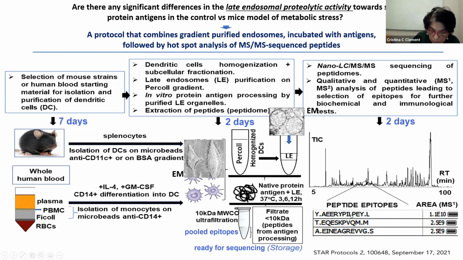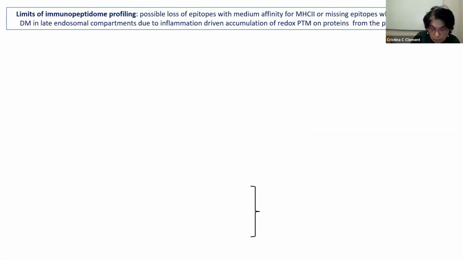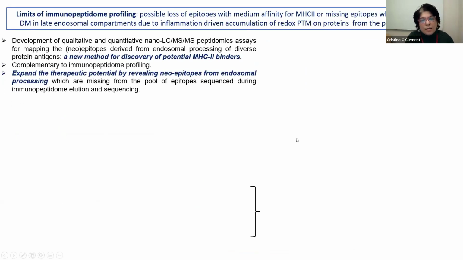And further down the line, you can understand that this assay was originally developed to better understand the molecular basis for having a differential display of the immunopeptidome under metabolic stress than in the steady-state physiological state. So what I am claiming here is that the immunopeptidomes, even if they are sequenced at high resolution, may not give you the whole idea of why they are so different. Let's say